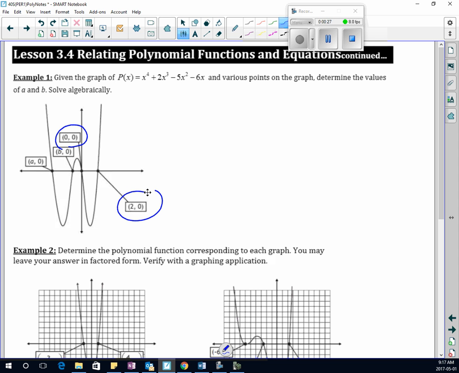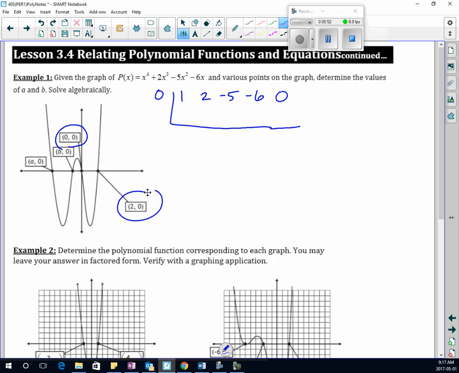A lot of the times, if it's an x to the power 4 or an x to the power 5, they will give you at least one of the factors to get you going, so that it doesn't take you as long. So that means 0 is a factor, so we can go and put 0 in there. Did you know you could put 0 in there? 1, 2, -5, -6, and then,